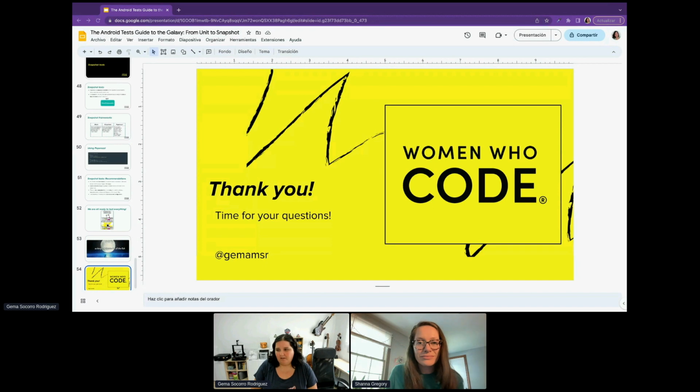Then regarding code quality, there are also some tools that you can use. For example, the linter, which is the first one that comes to my mind. Also, there are some good libraries like Detekt, which will allow us to detect code smells. Also, you can define your own scripts and search for certain stuff in your code that you don't want to be allowed. So I think it's also a good tool for that.